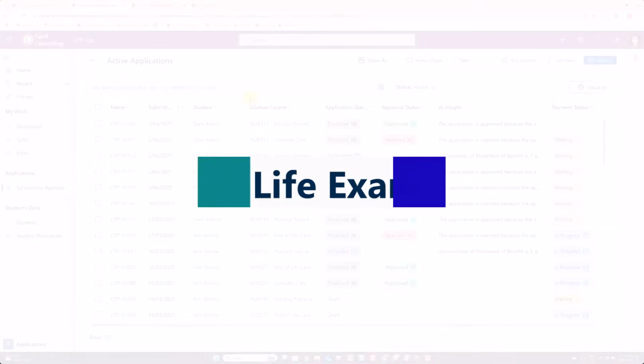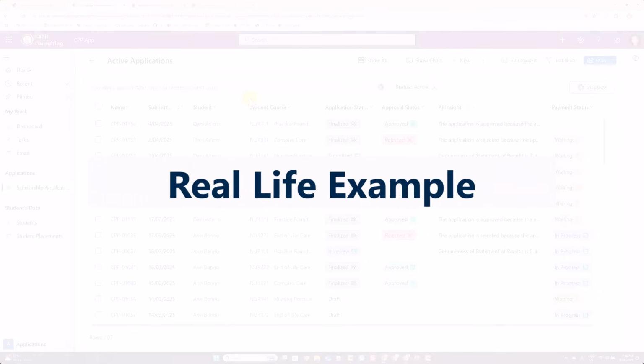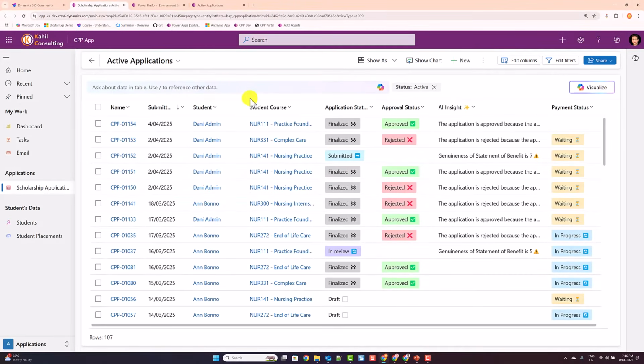So let's cover a real-life example of a model-driven app, right? Here, this is a model-driven app that is used to manage scholarship applications. The business scenario here is students are applying to get a scholarship and you have a review process where a reviewer can review all the applications, right? So you can see the model-driven app has a name. You can see that it has a consistent UI with elements on your left, where if I click on scholarship